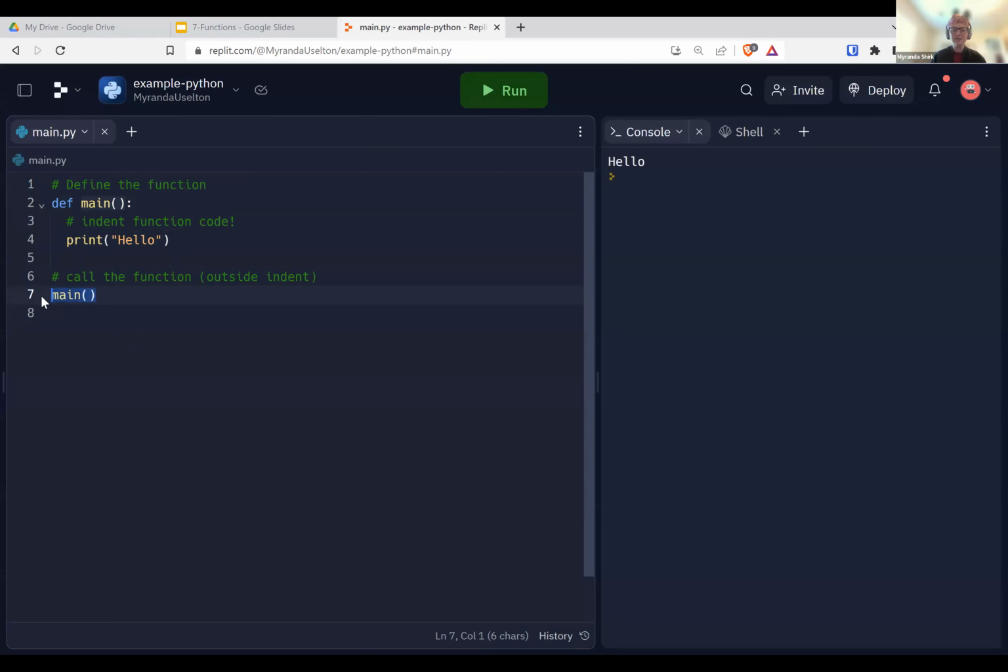If I get rid of this here, if I just define the function and I don't call it at the bottom, it does nothing. The number one error that I see beginning coders make, and even experienced coders, is they will define their function. They'll have def main, they'll write all of this code, they'll have lines and lines and lines of amazing code, and then that's it. And they don't call main at the bottom,